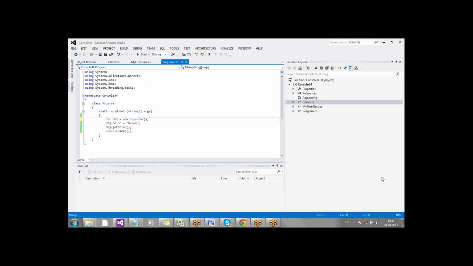Okay. So let's come back to this topic. In our earlier case, the new keyword is tied to the class which is defined next to it. So you are creating a new supercar type object. Fine. And you are trying to convert it into car type. This is acceptable because car is the base class. However, when you do it the other way, you are trying to create an instance of your car type and convert it back to your supercar type.